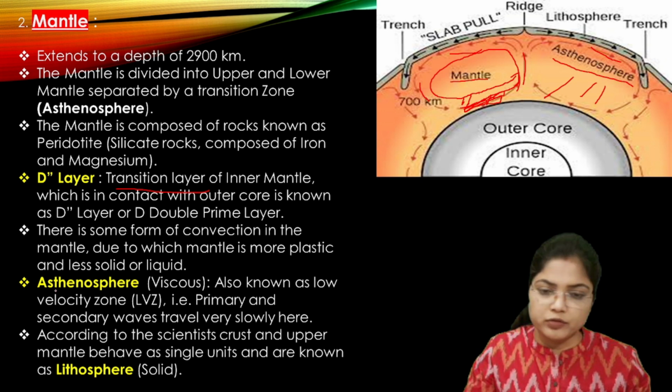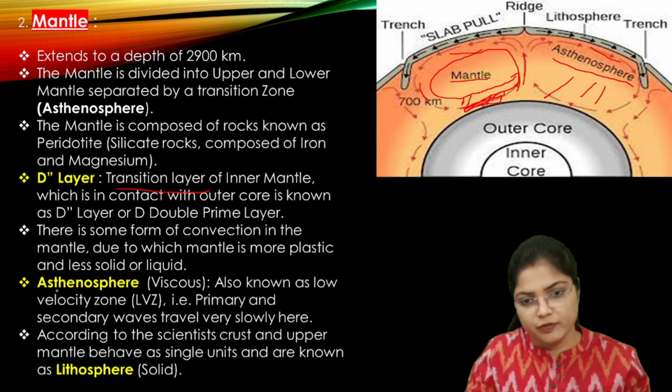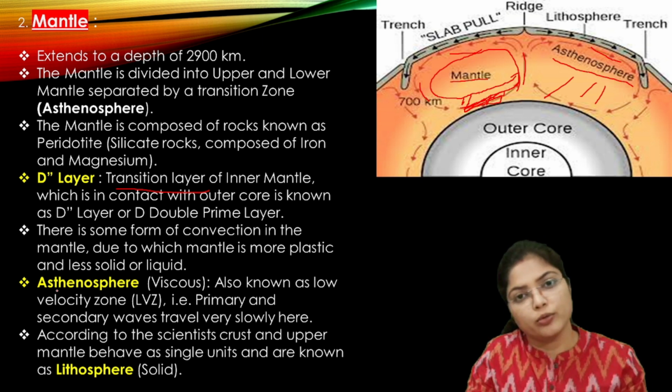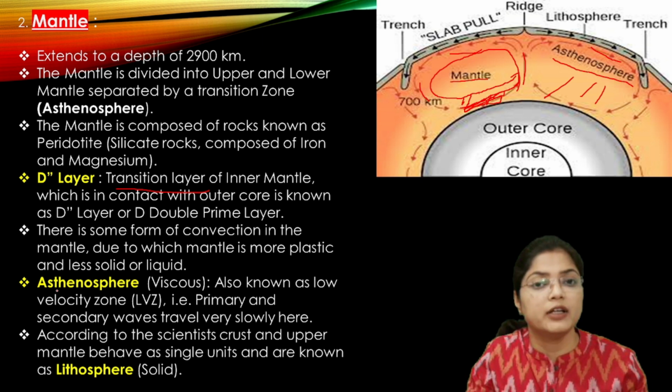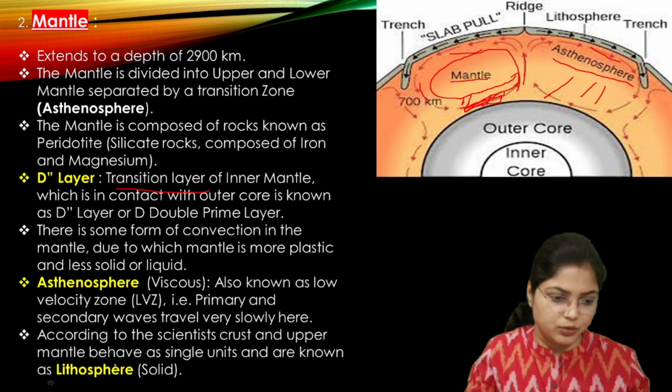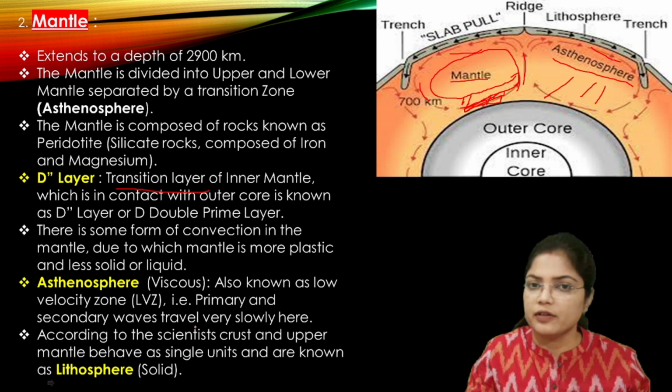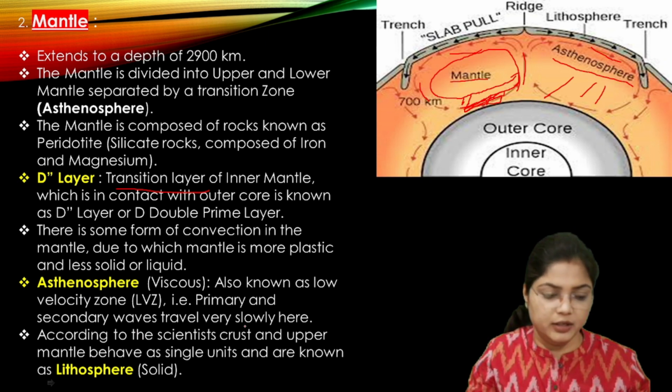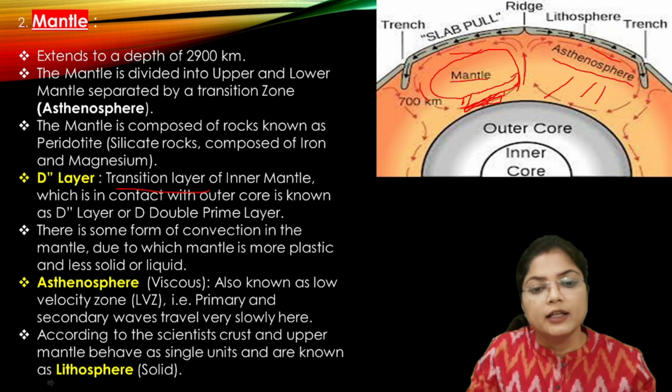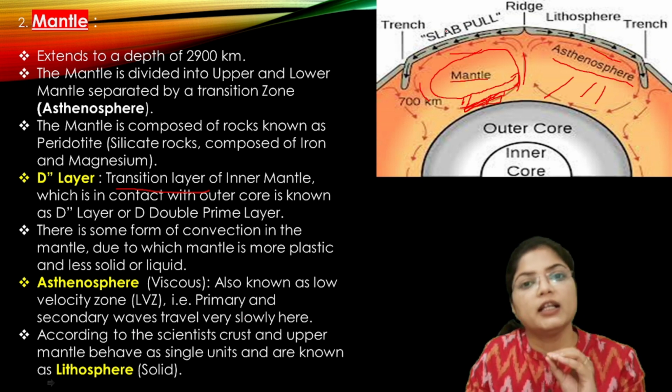Then we move towards the asthenosphere. As I have told you earlier also, it is known as weak zone, or it is also known as low velocity zone. Primary and secondary waves travel very slowly here. Then according to the scientists, I have told you earlier only that crust and upper mantle together are known as